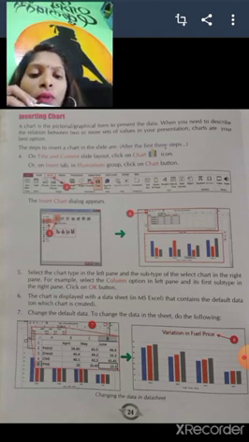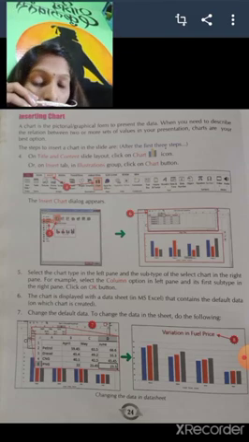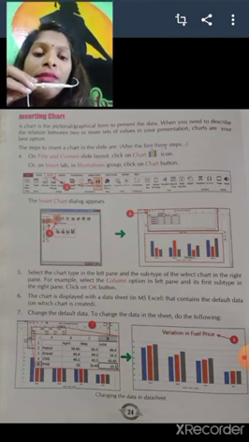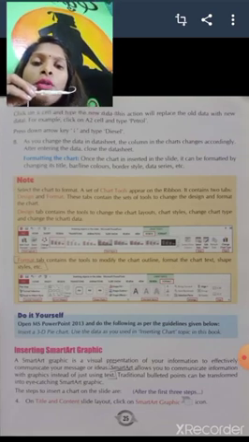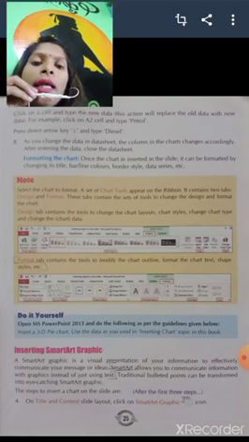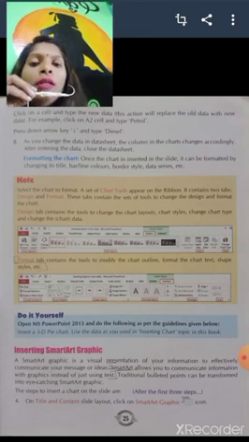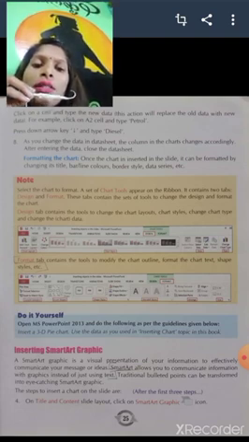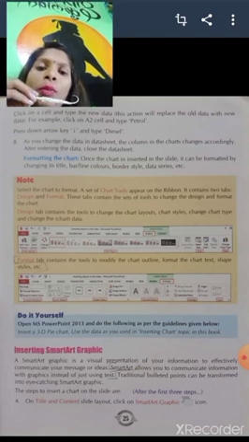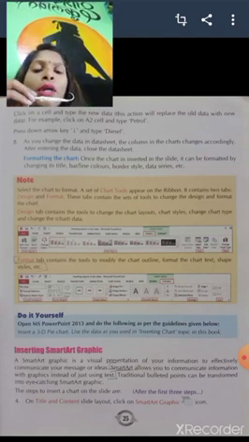The seventh step is to change the default data in the sheet and do the following. Then you can type your data and that will be applied in the chart. Next, click on a cell and type the new data. After that you can replace the data and put it in your chart. It shows press down arrow key and type diesel. So this is how you can type the information that will be applied in that particular chart.